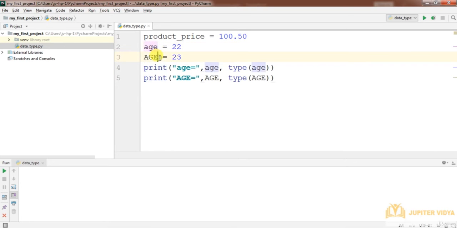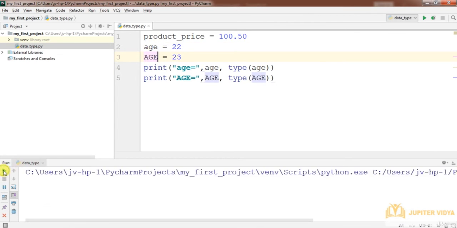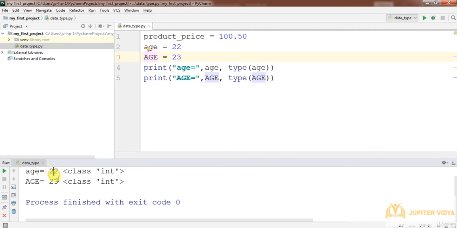Both are different variables. 20 and 22 and 23, class is int. But of course from here we cannot figure out the reason. Even if you create a normal variable, first you assign, as in the previous example we have seen, we can always change the values. So